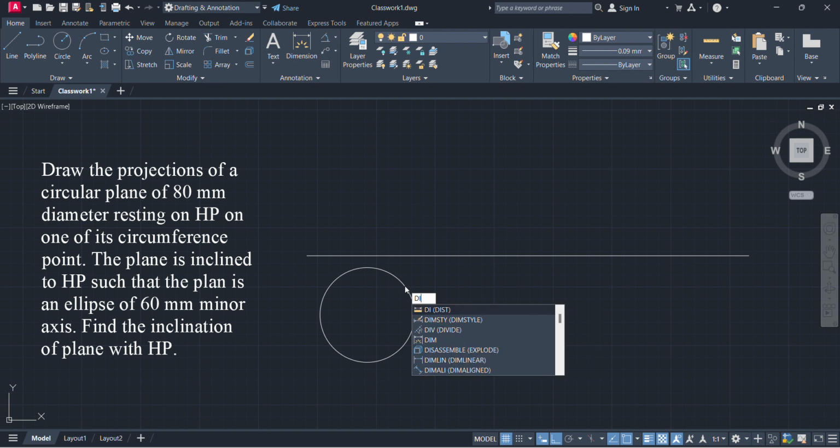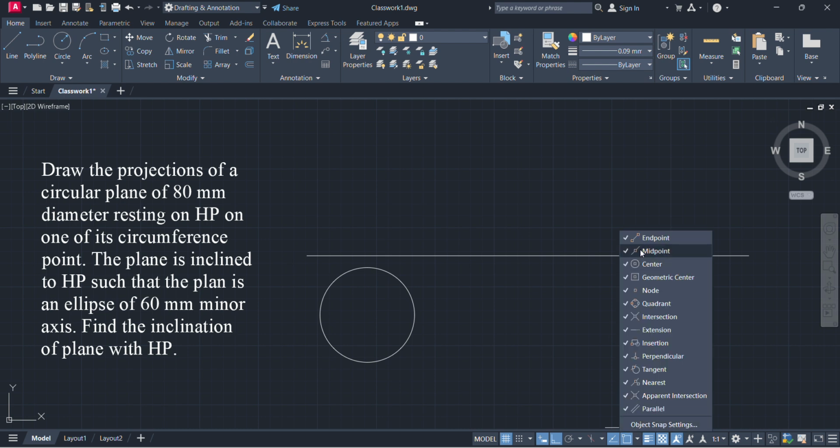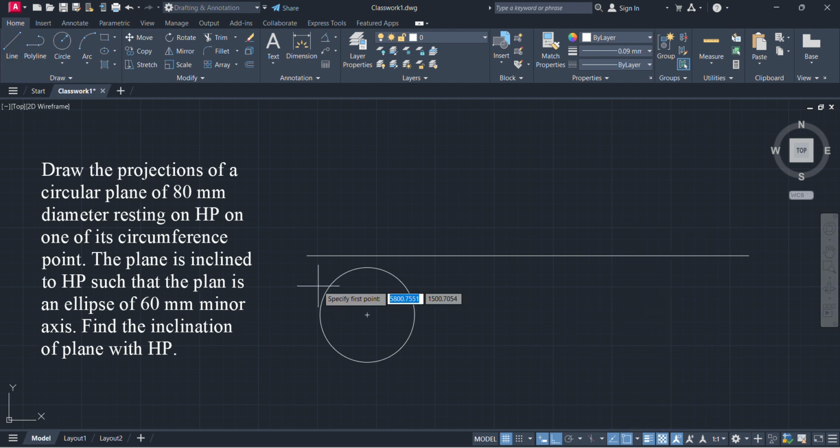So I am here using divide command. So I'll select this divide command, select the object and select 8 number of pieces. So now the circle is divided into 8 number of pieces. I will keep this node option on, so that to get the exact point where the circle is intersected, you can see this node, and for your reference I am just drawing the lines joining these nodes. And I will project the same lines upwards to show the front view of the plane. Now the front view of the plane will be exactly flat,